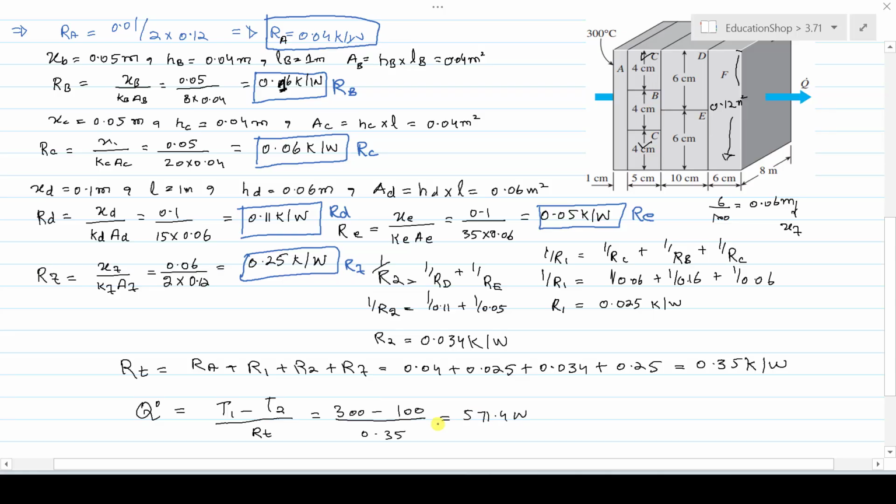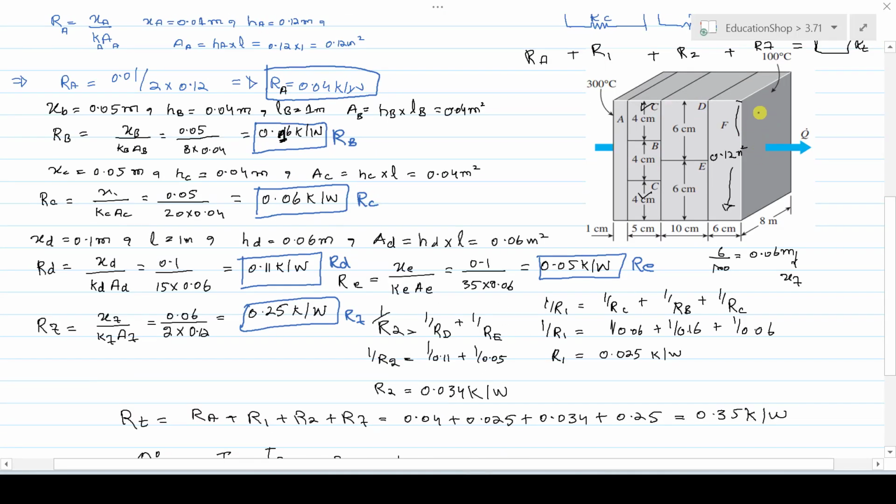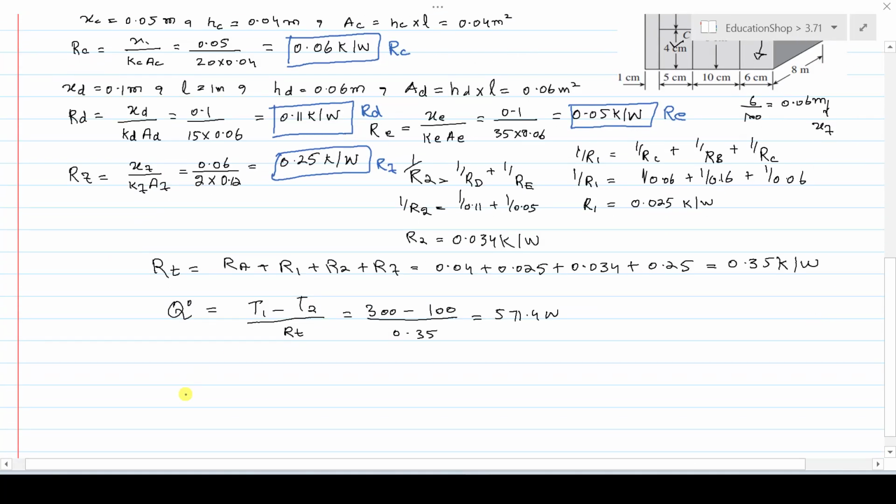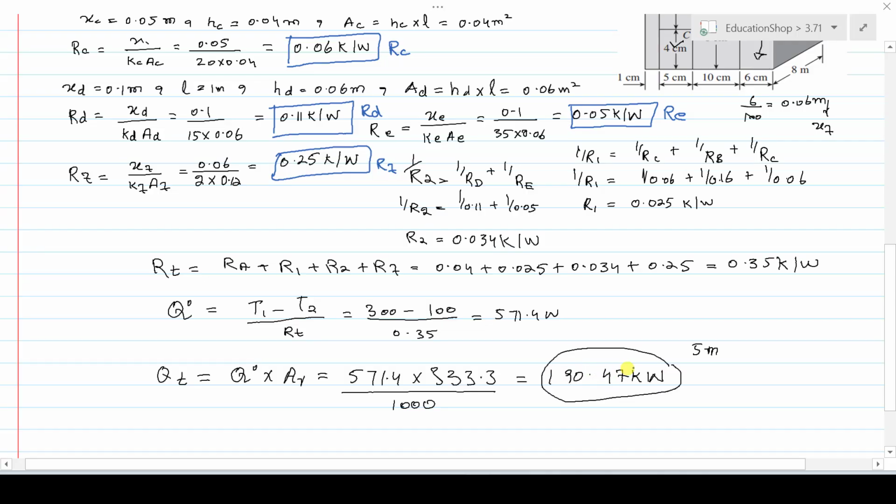So this is the heat transfer that occurred through the sections of the valve up to 1 meter length, as I already told you at the beginning of the solution. Now to find the total heat transfer through the valve, just simply multiply it with the area ratio. So Q dot is 571.4 multiplied with the area ratio, which is 333.2, and converting to kilowatts, you will get the value of 190.47 kilowatt. So this is the heat transfer that occurred through the whole valve whose height is 5 meter,